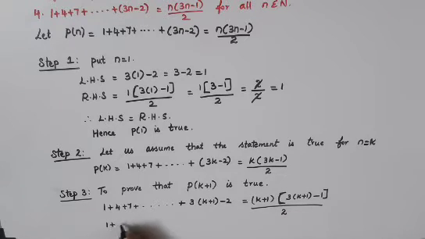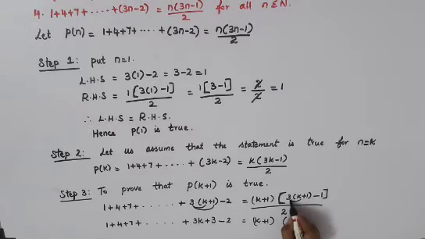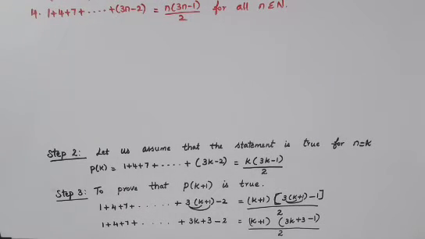So the next line is 1 plus 4 plus 7 plus etc. plus 3, multiply this 3 inside. Okay, so that is 3k plus 3 ones are 3 minus this 2 is there, which is equal to k plus 1 into, again multiply here also 3 inside. Okay, so you'll get 3k plus 3 minus 1, this minus 1 divided by 2. So your next line is 1 plus 4 plus 7 plus, again here etc. plus 3k plus 3 minus 2 is there. So you'll get 3k plus 1.